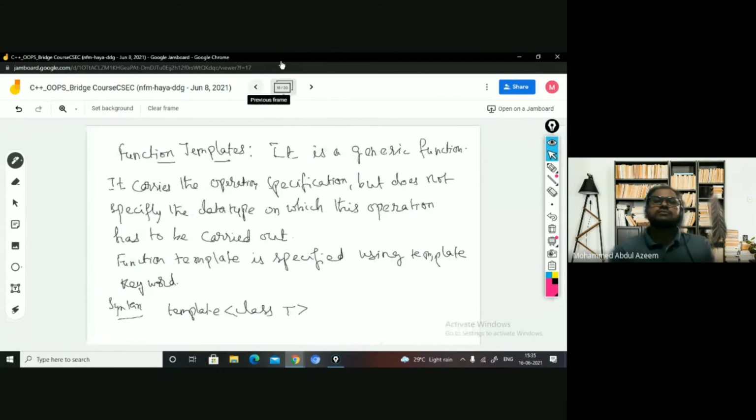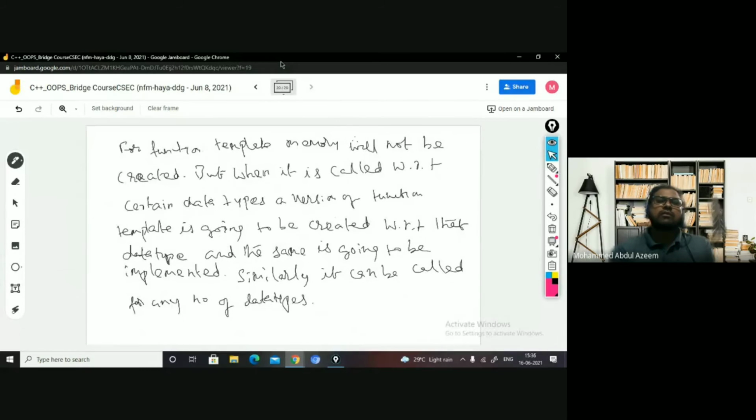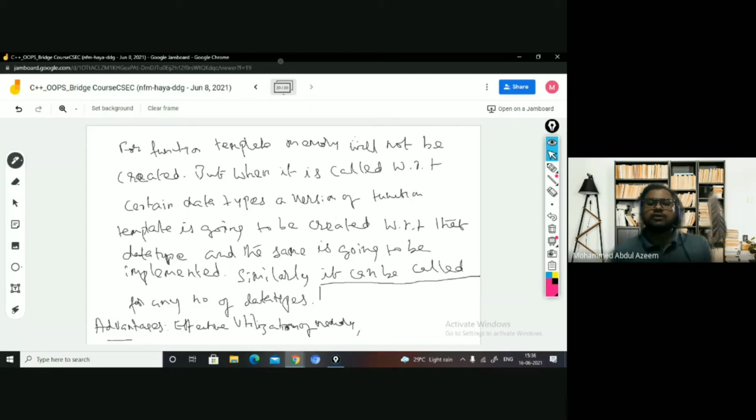Advantages are effective utilization of memory. Yes or no? And it reduces the typing effort of the programmer. Yes or no?